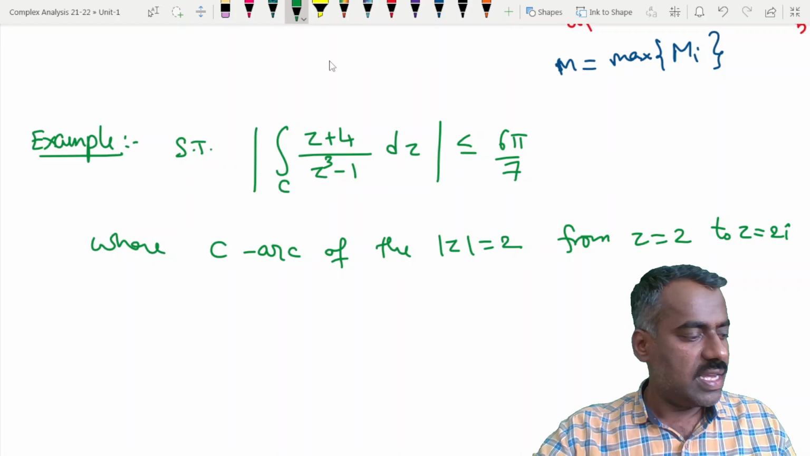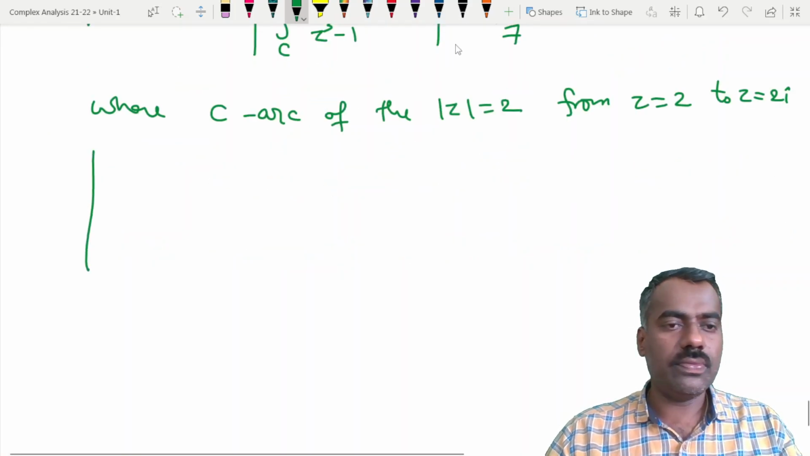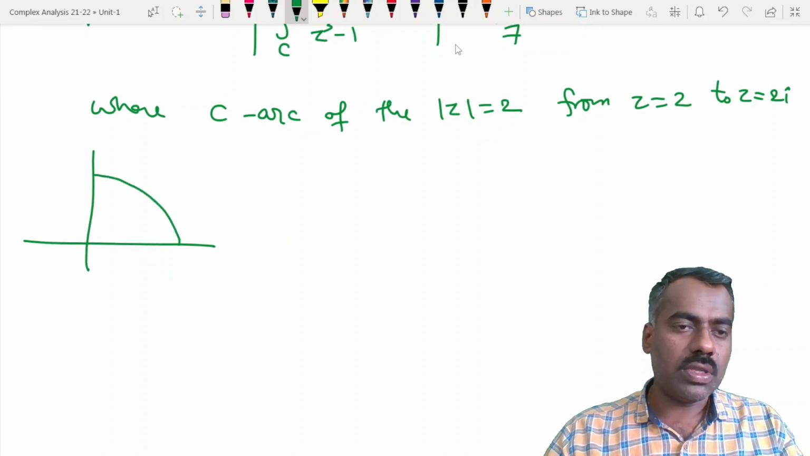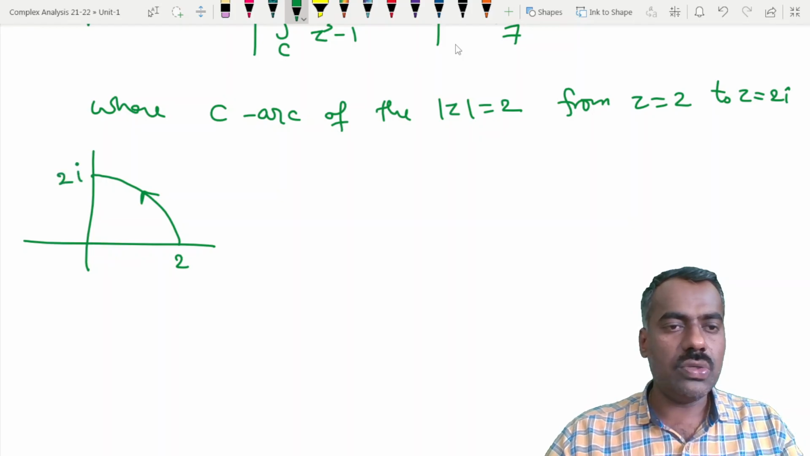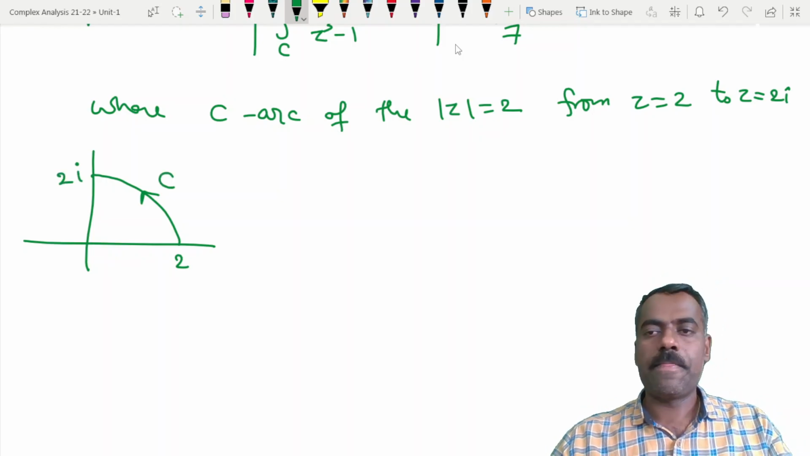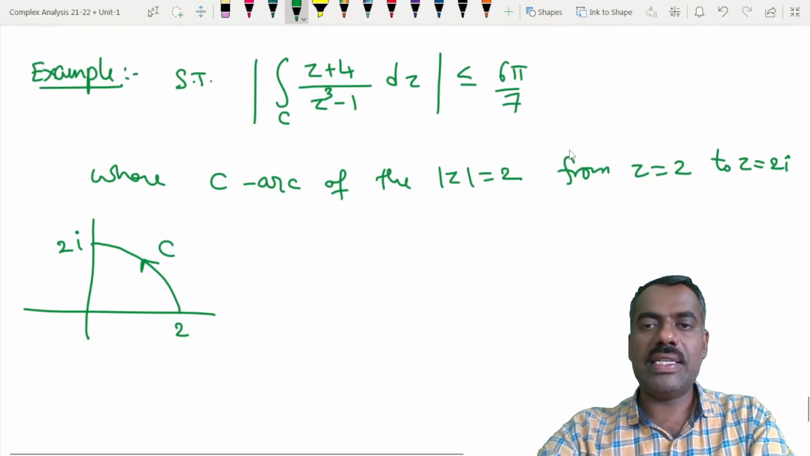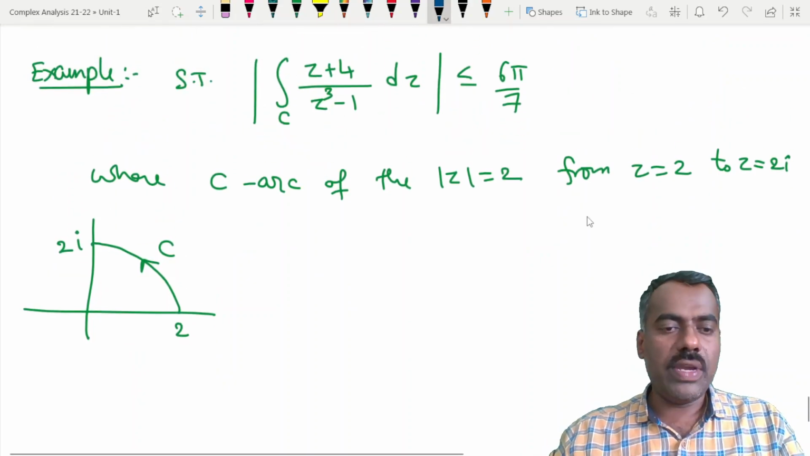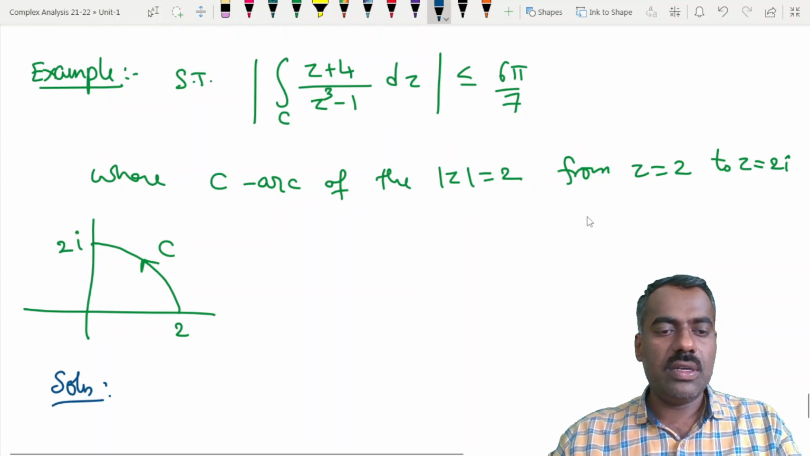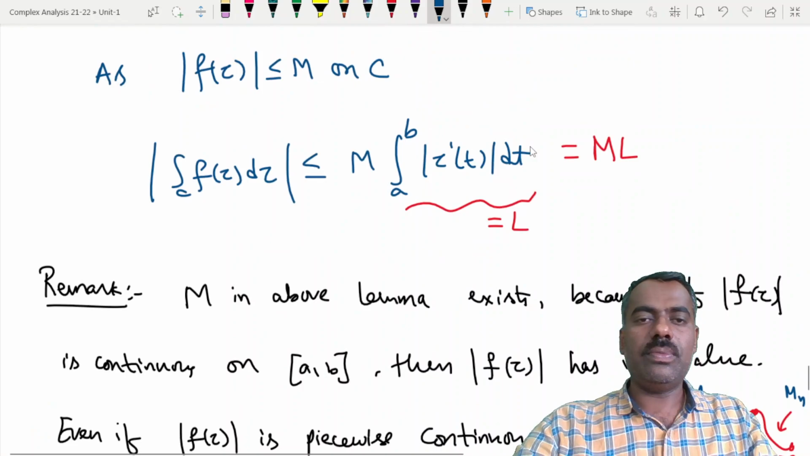Of course, that lies entirely in the first quadrant. If you want, you can draw that picture. Part of this circle has radius 2 and this is 1. This is C, right? So we want to show that when you have C and f of z, the maximum value of the modulus of this integral is 6π/7. Fine. So whenever we want to find this by using the ML inequality,